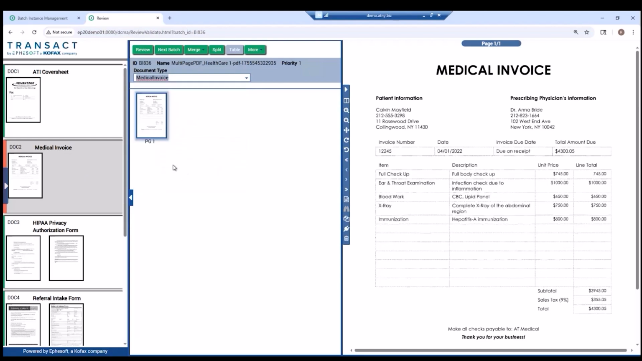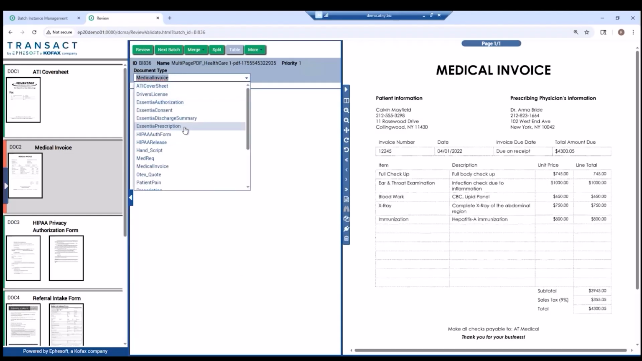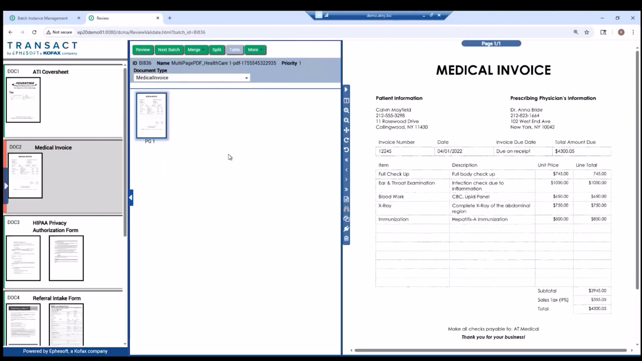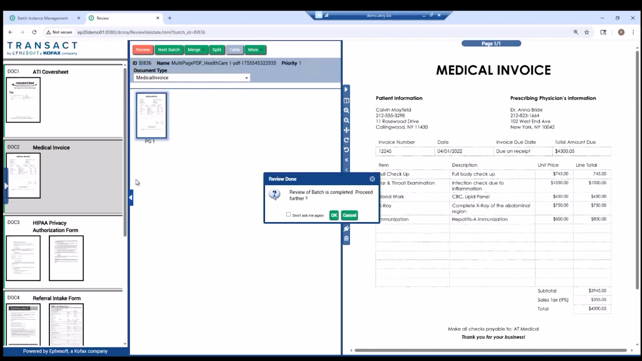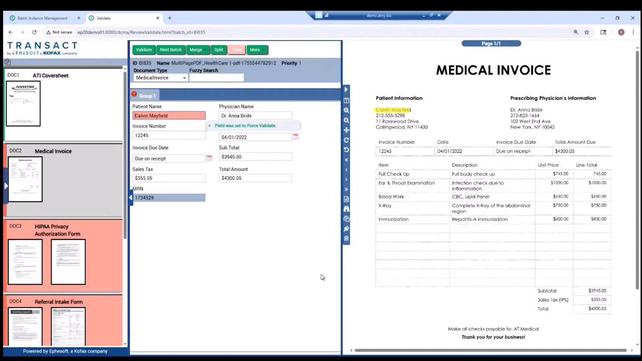Now, the system did actually pick medical invoice correctly, so there wasn't really an issue there, but it's a good way to show we could change this to a prescription or to a quote or something like that. And we'll just set it at medical invoice and move it on through. Take a look at the file. We're pretty sure about that. All I have to do is hit the review button, and it'll say this batch is completed. We've already split it into all these different documents, so we can go ahead and proceed. And that's just the way we would solve any issues that may come up in the process of